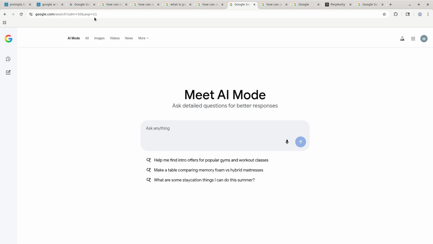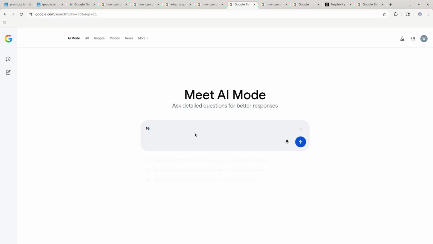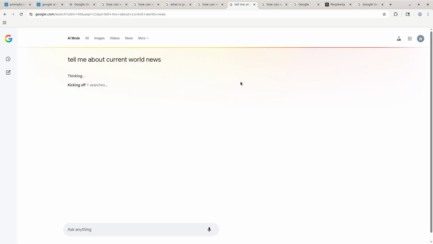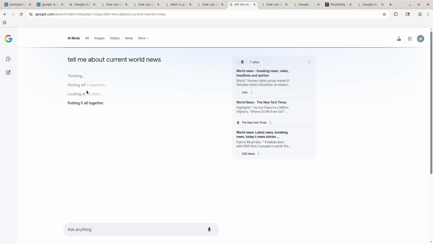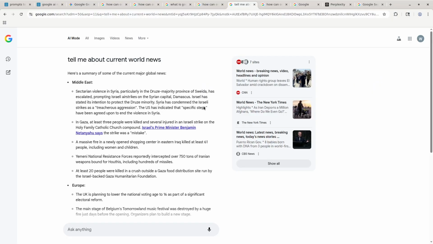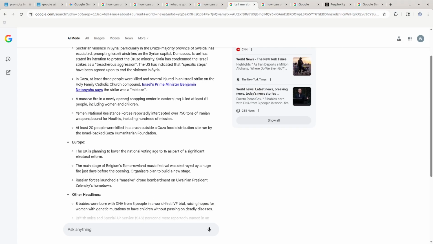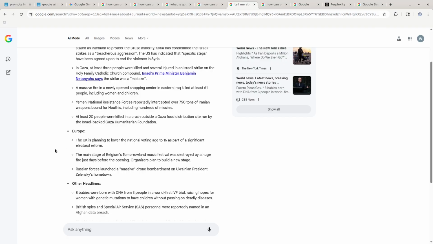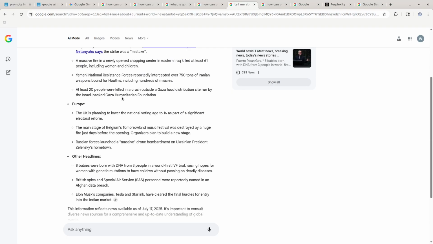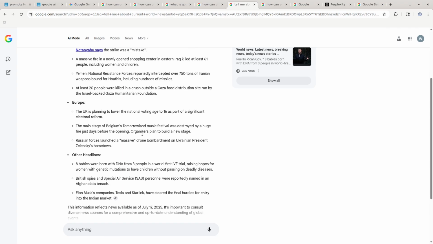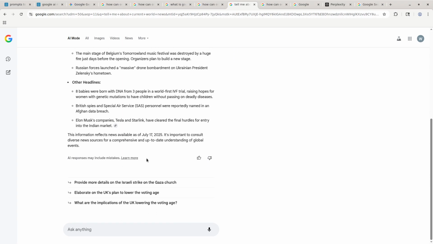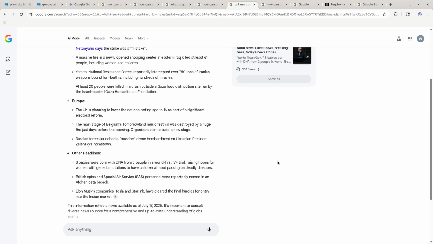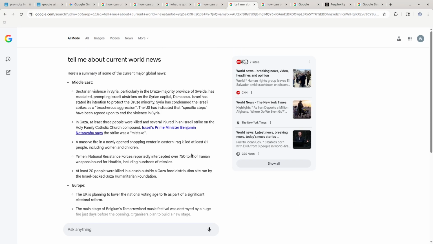And like I said, this is what AI mode looks like if you just go to google.com/AI mode, and you can, for example, ask it to tell me about current world news. I'd be curious to see what it shows me. So it went to several sites, and you can see here it's giving Middle East news, UK news, US news, Europe news, and other. And again, unfortunately, you can't copy the output, which is a little bit annoying,